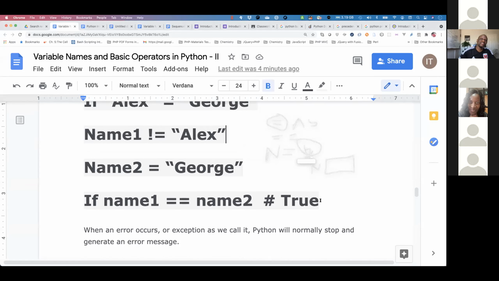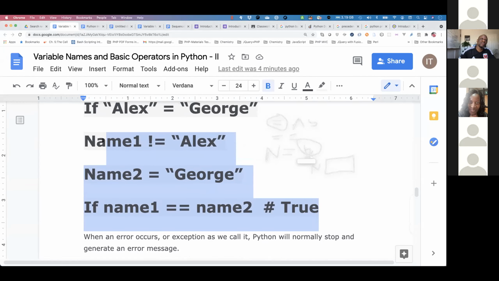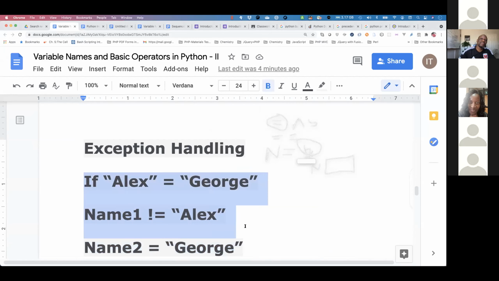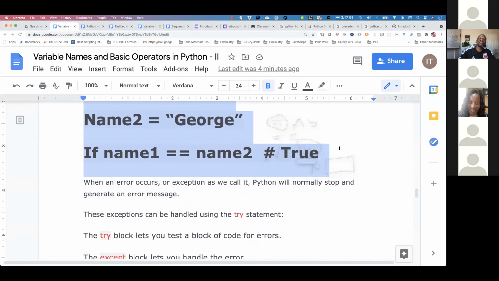Instead of letting the system crash, you basically want to follow your exception with some kind of polite word, or try this, do not work. So that is exception handling, but this is going to be in the next section. I'll get to section 2, which is our next section.